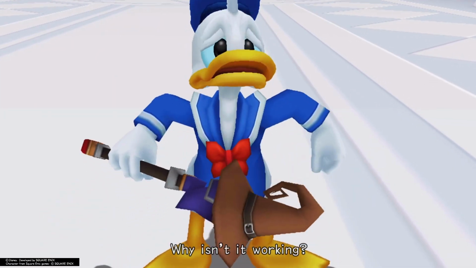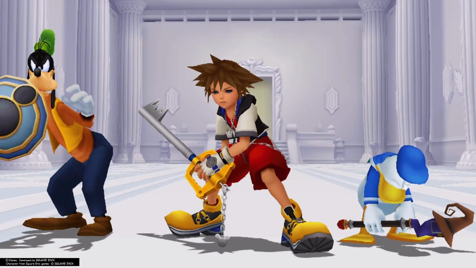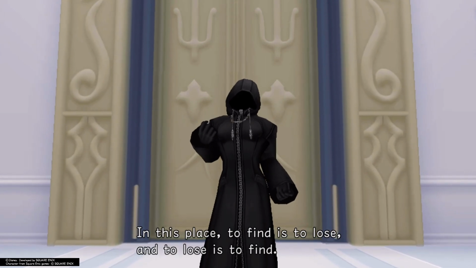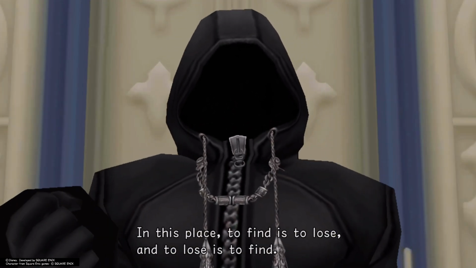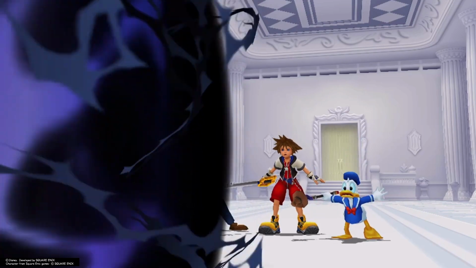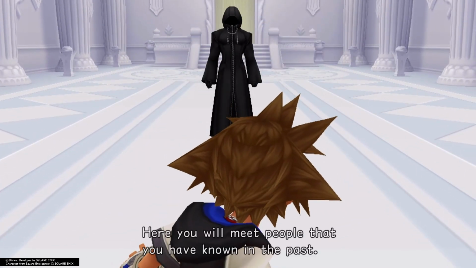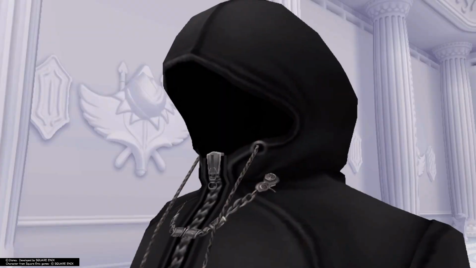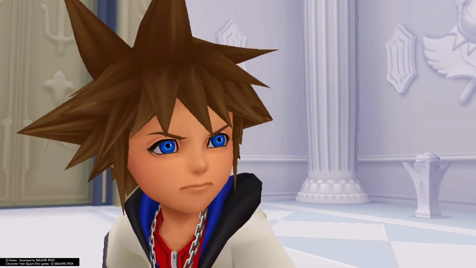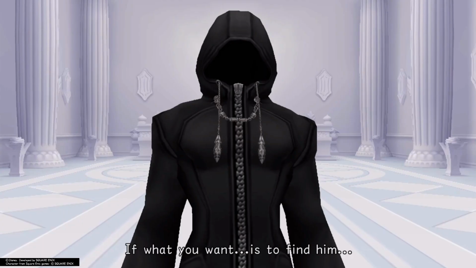Why isn't it working? I should think it's obvious. The moment you set foot in this castle, you forgot every spell and every ability you ever knew. In this place, to find is to lose, and to lose is to find. That is the way in Castle Oblivion. Castle Oblivion? Here you will meet people that you have known in the past, and you will meet people you miss. I miss? Riku! You mean Riku's here? If what you want is to find him,